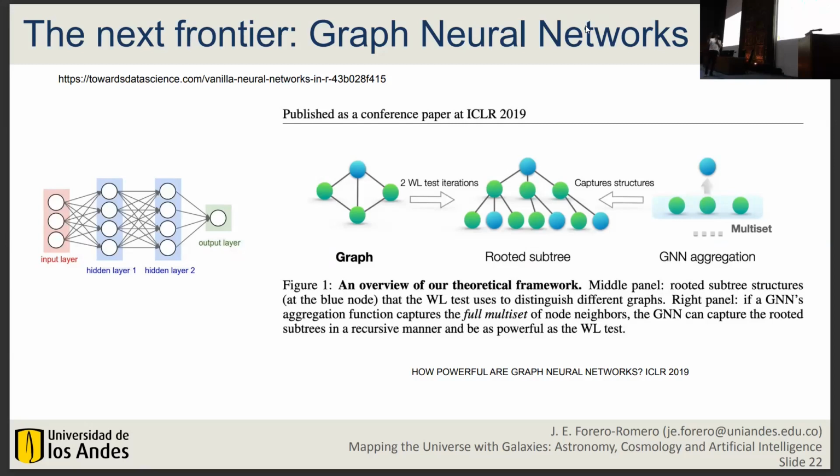And what is the difference between a traditional neural network and a graph neural network? The traditional one has a fixed structure of connections between layers and neurons. But what is new in the graph neural network is that the connection structure now follows the graph itself. So you give the graph, and it naturally gives the structure on how to pass information in your network. People were experimenting with that a few years ago, and it's been proven to be very useful.